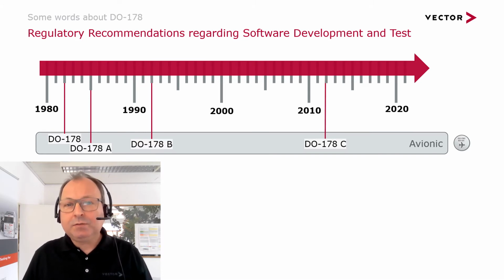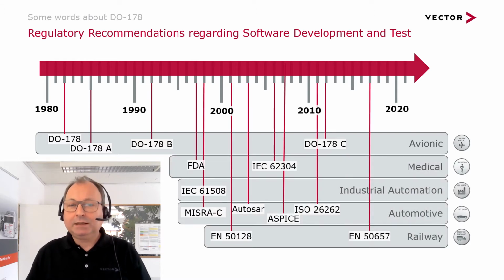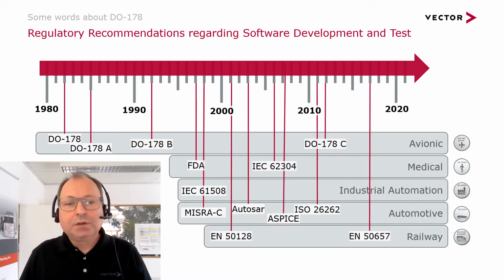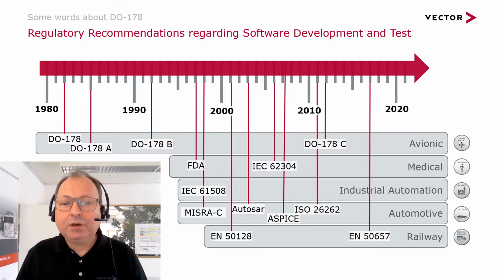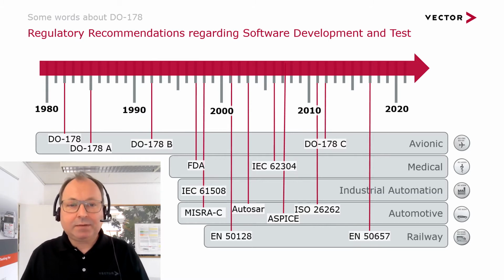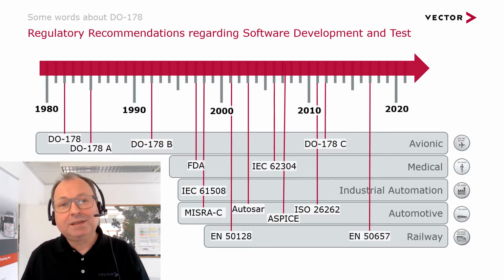Dynamic unit testing, measuring code coverage, things that came much later in other industries. So we can see that avionic is, let's say, some 20 years ahead of other industries. So it may be of interest to look at the DO-178C and the specific requirements coming from that standard,